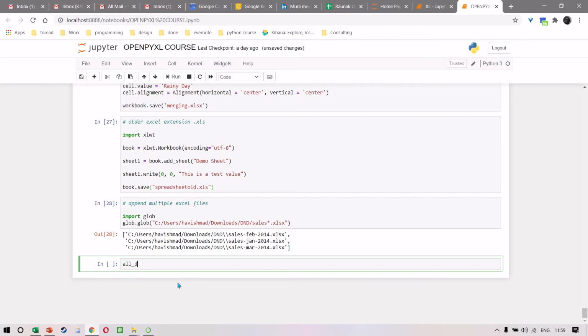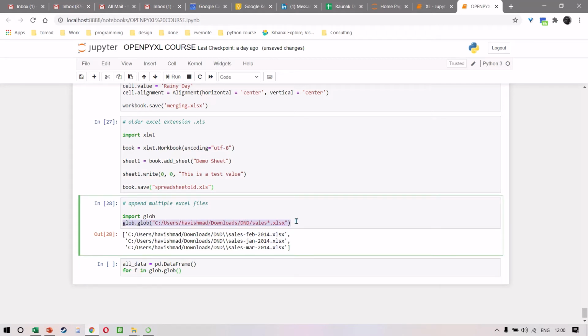Then we say all_data is equal to a pandas DataFrame, and then for f in glob.glob, and I'll just copy the entire thing here.